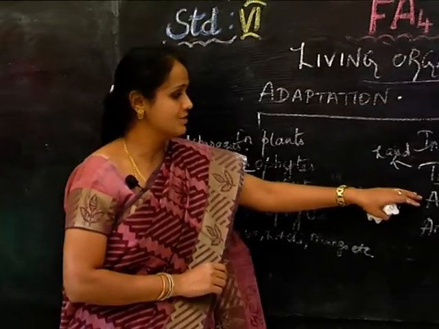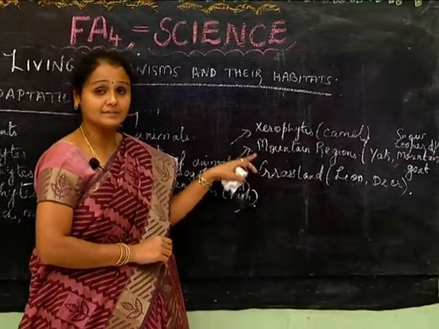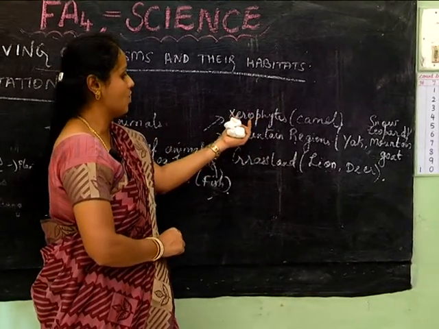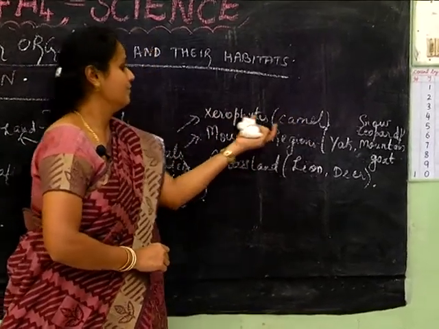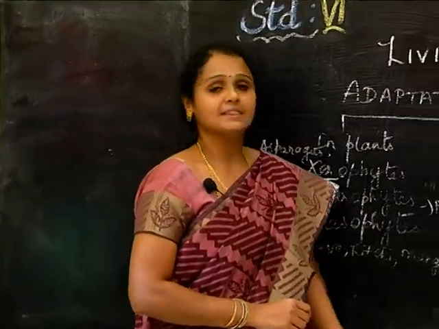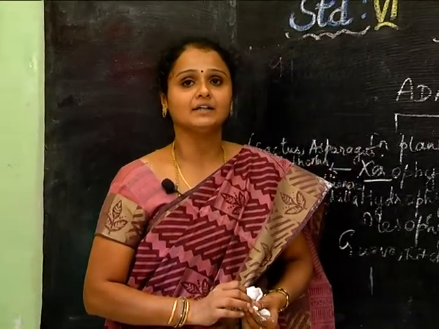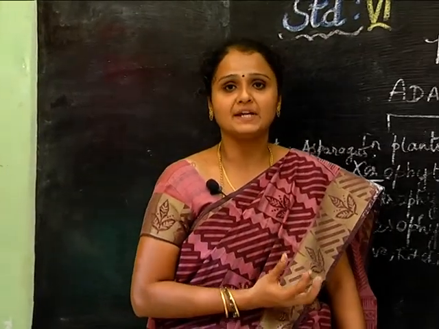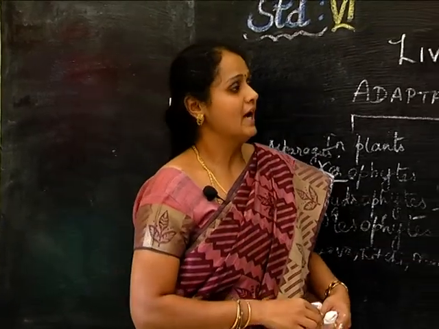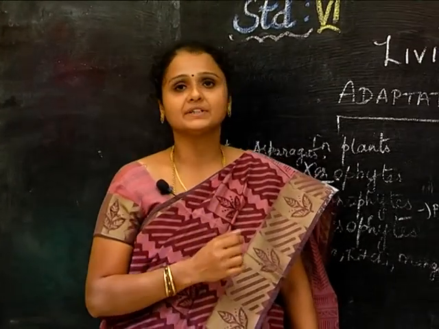Next, we shall move on to terrestrial animals. There are three types of adaptations found. One is the desert adaptation. Here we are going to focus on the animal camel. We commonly call the camel the ship of the desert. The adaptive features in the camel are that it has hooves in the feet, with soles, in order to withstand more heat, and it has a hump at the back